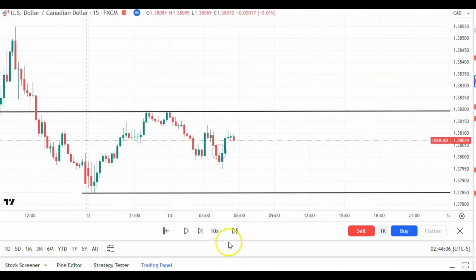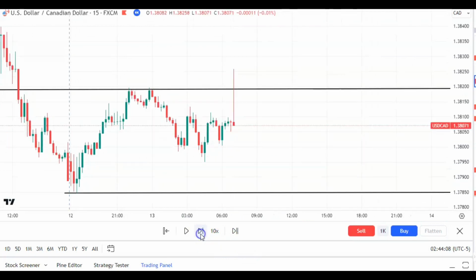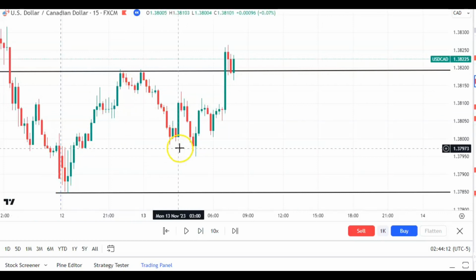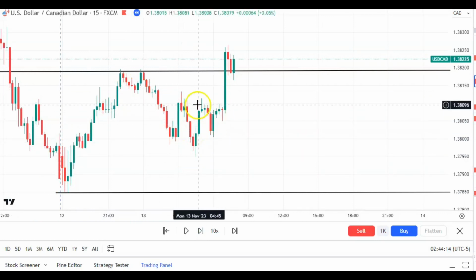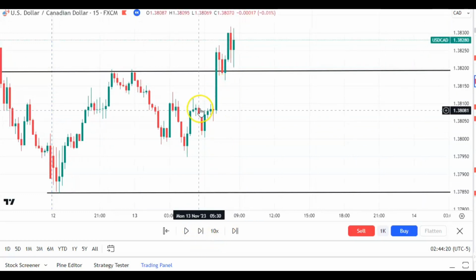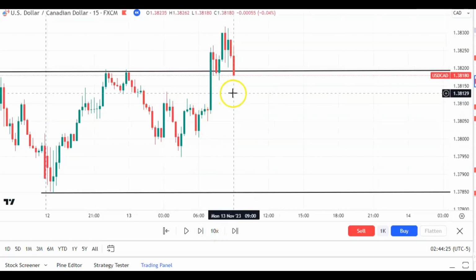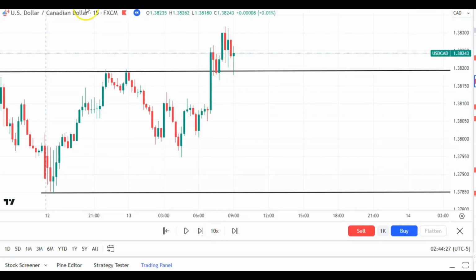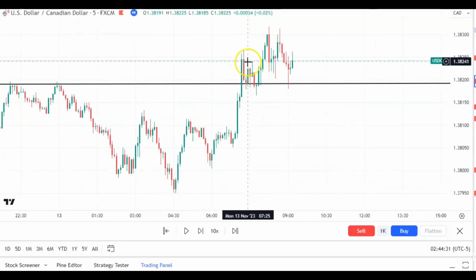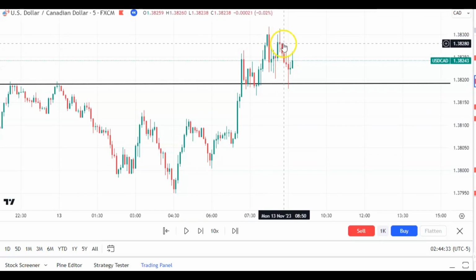And then as you can see, we had this pump, price went down, and then we had another pump. So we have one push, two push. So we have this pump, and then at 9, if we go to the 5-minute time frame, we see price going up. I want to see traders trapped in,